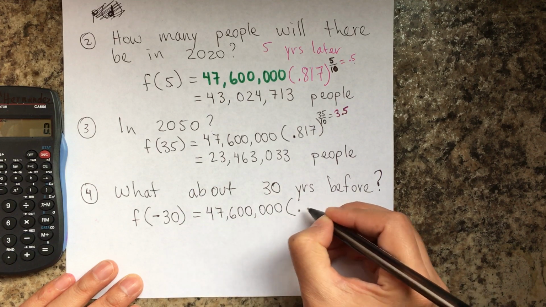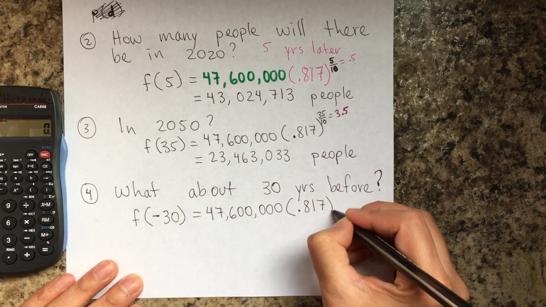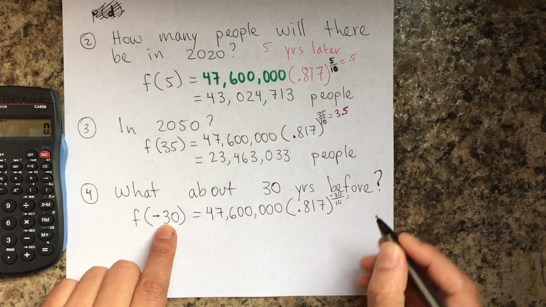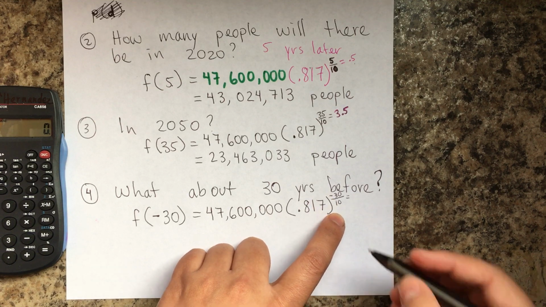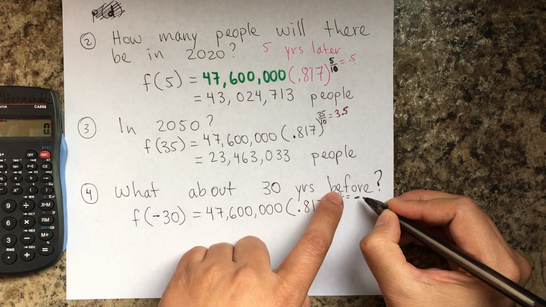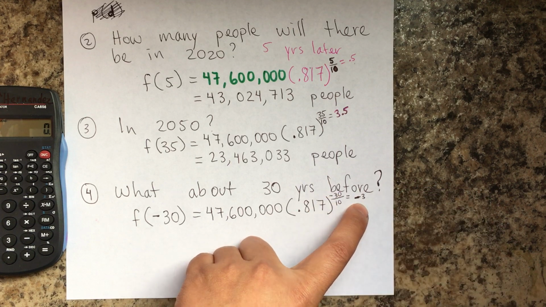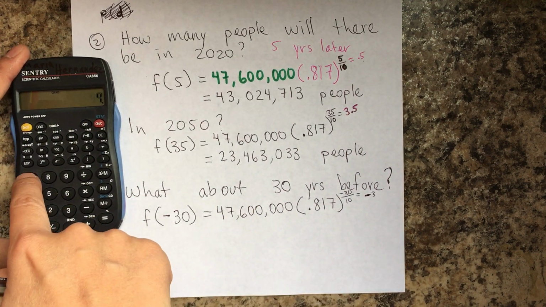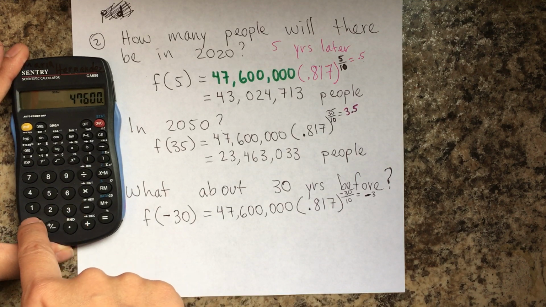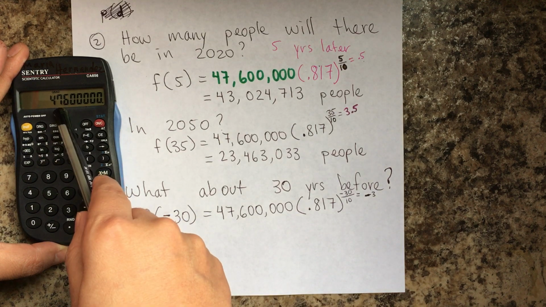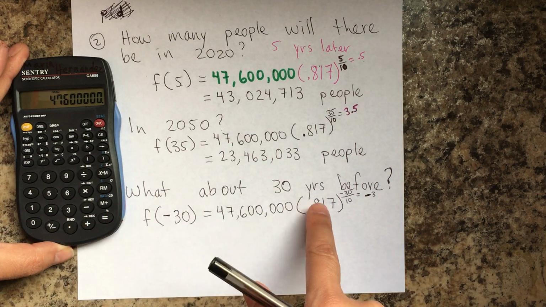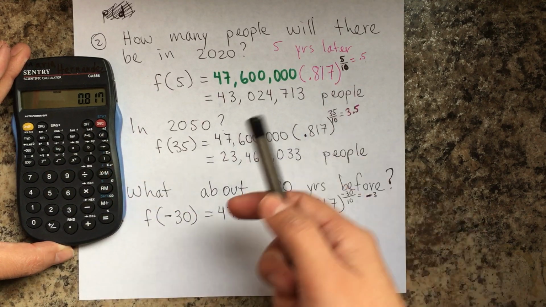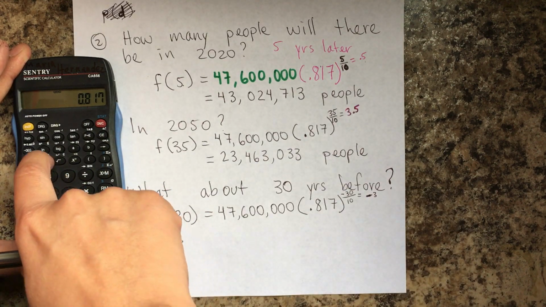47,600,000 times 0.817 to the negative 30 over 10. When we divide negative 30 by 10, a negative divided by a positive is negative, and 30 divided by 10 is 3. So that's going to be the number that I'm going to use as an exponent. So, again, I put the initial point, 47,600,000, times my base, 0.817. Make sure you put the decimal point in the correct place, to the power of